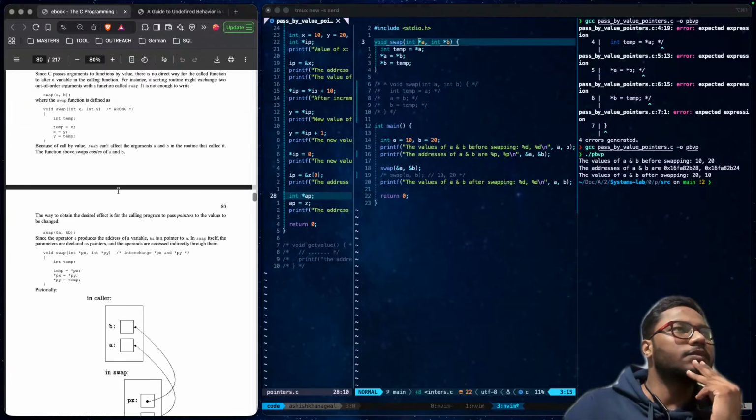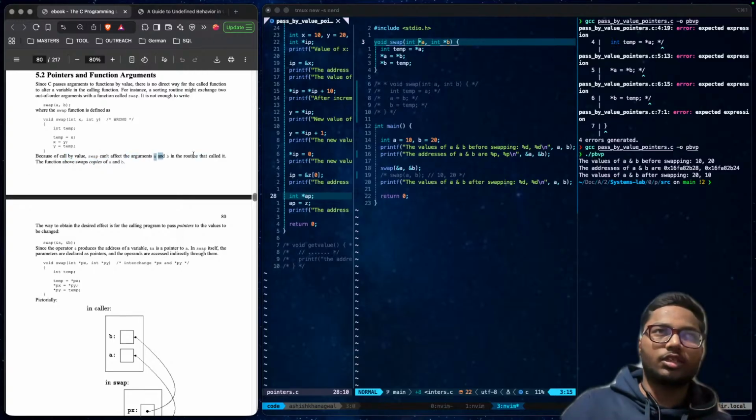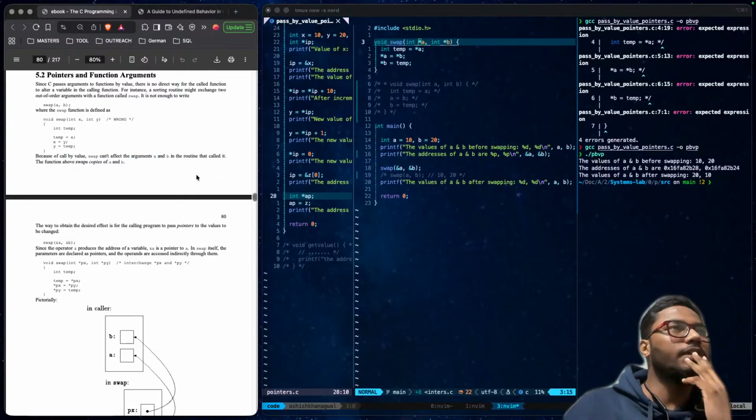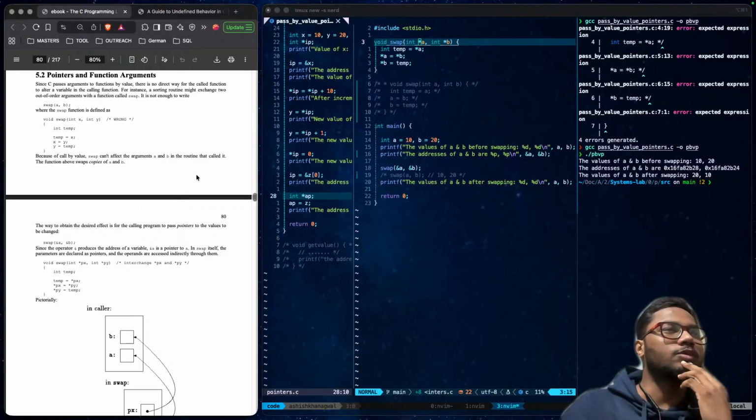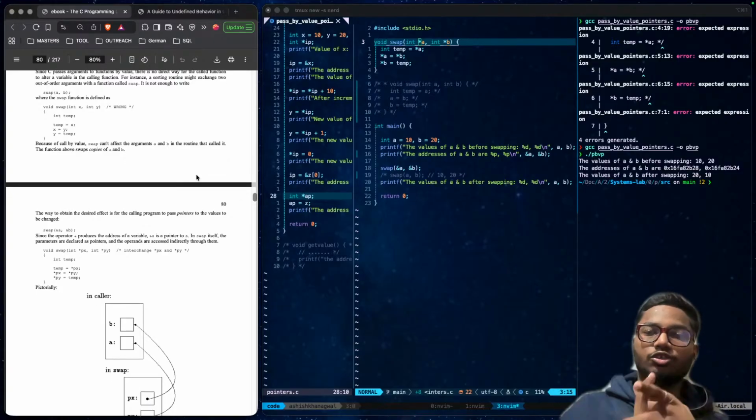This is the real scenario. If you pass by value, because of call by value, swap can't affect the arguments a and b in the routine that called it. The function swaps copies of a and b, just the copies, not the original values of a and b.